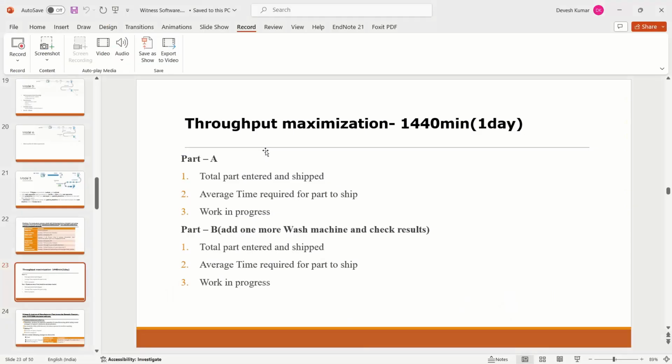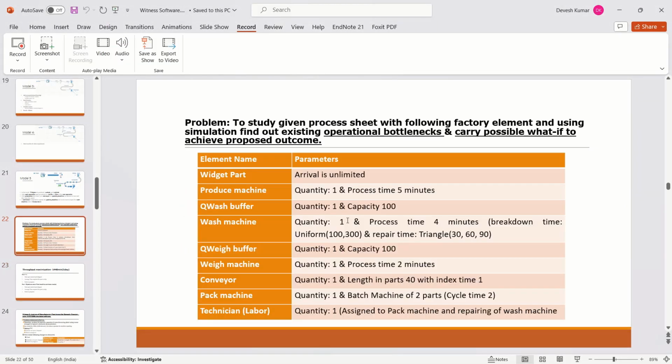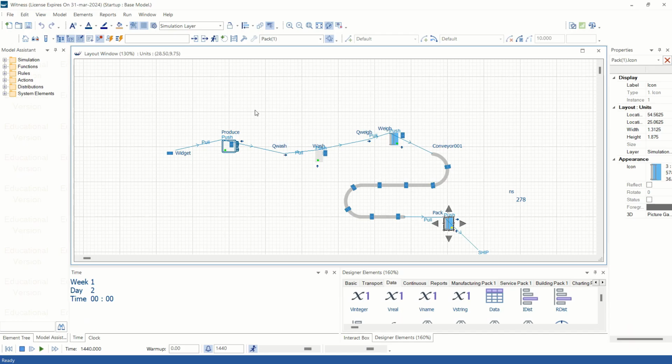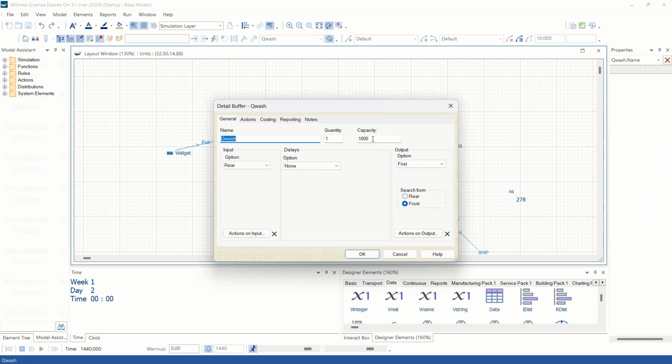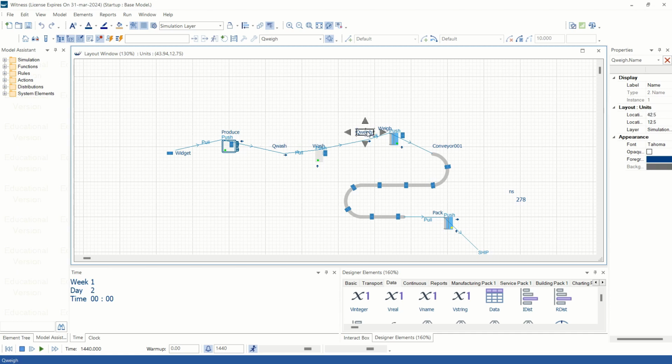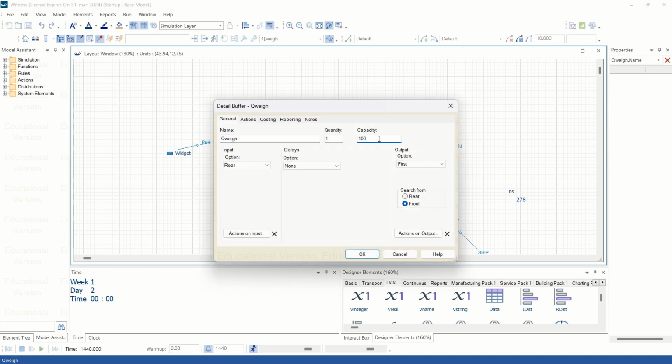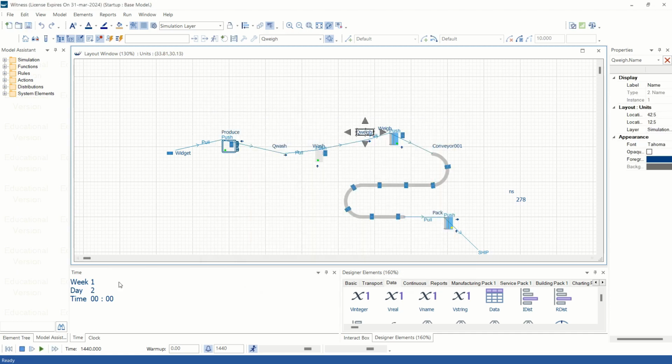So one more thing that we have missed is that we have to decrease the capacity to 100 of these buffers. Click here and again click on QA and click here and OK. Then again run this model. Begin from start, click on this begin, then run this model for 24 hours, right? Again clicking on this batch symbol,